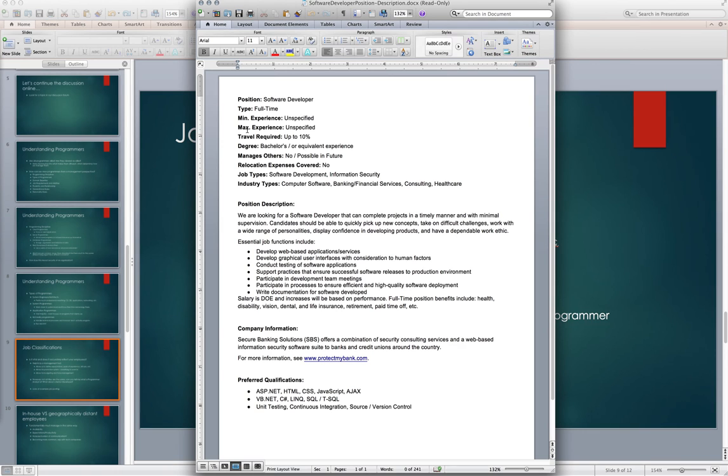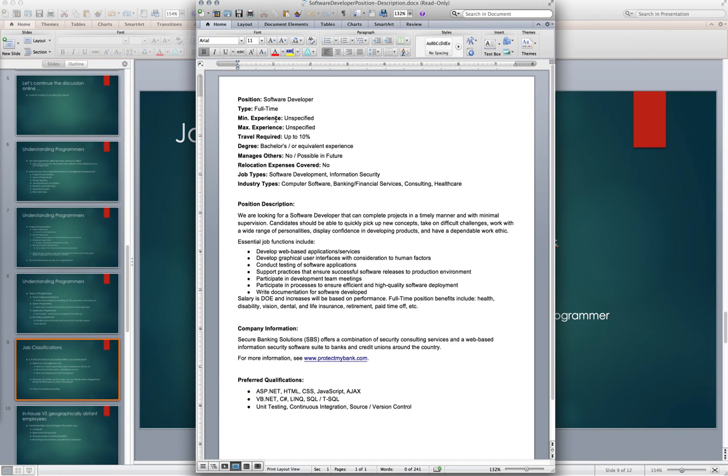Okay, so here's a software developer. Okay, very ambiguous to me. It doesn't say is this entry level or mid or senior. So it sounds like from the reading of this actual application that's kind of up in the air. Full-time, of course, we need to know that. Full or part-time, min and max experience, again, they're not defining that, so it leaves me as someone that's looking to apply with a question mark in my head.